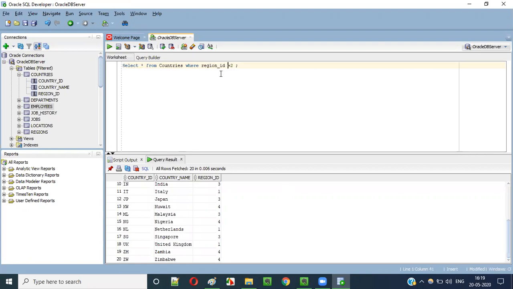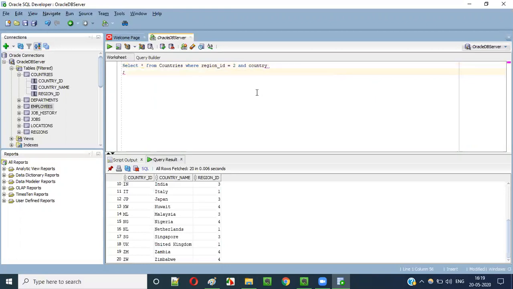In the where clause only one condition is there, that is region ID should be 2. But if I want to have multiple conditions, then I have to use logical operators. So the first type of logical operator is and.